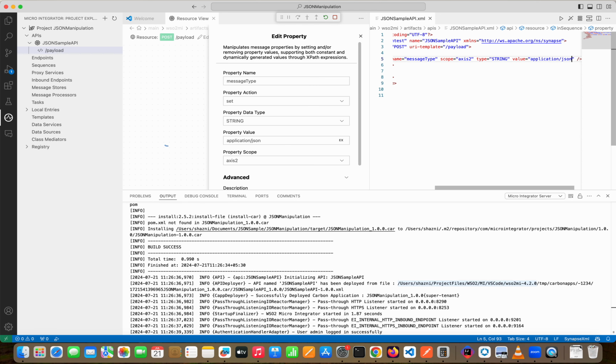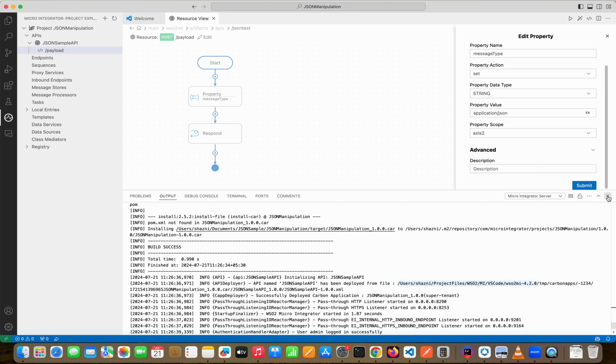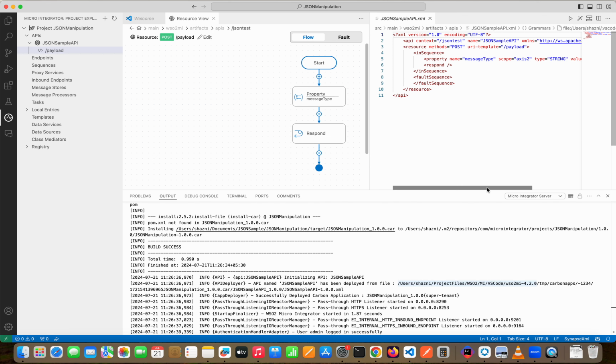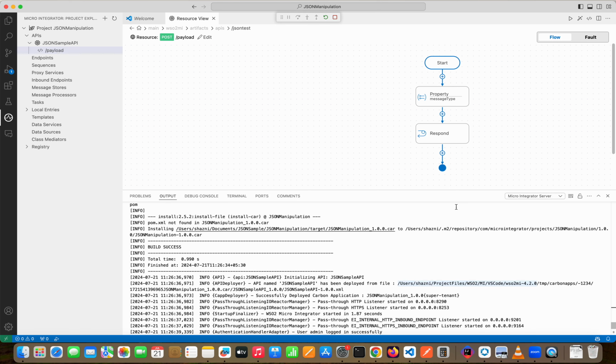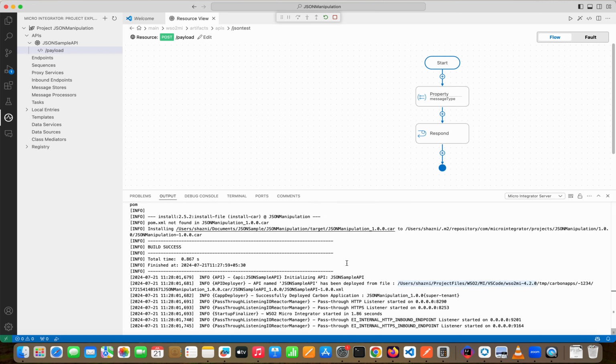It has to get saved. I think I haven't saved it. So once you make the change, you have to click submit. I haven't done that previously. Now we have this value JSON changed. Let's run it again. And once you have it running,